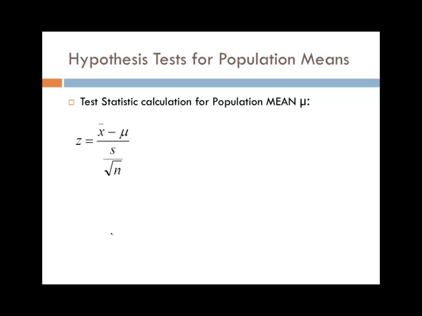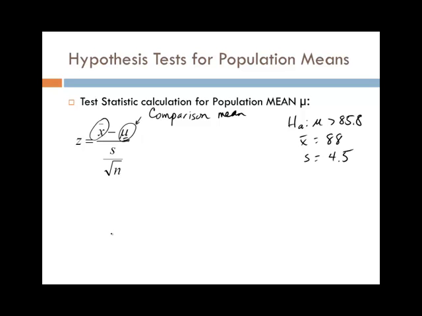All right, so here's the calculation for the test statistic for population mean and proportion. For the mean, we use the sample statistics here: sample mean and the population mean that we're comparing to, so you can call that the comparison mean. In other words, if the alternative hypothesis says that mu is greater than 85.8, then that value is the 85.8. If the x bar is 88, the s is 4.5, and the n is 100,